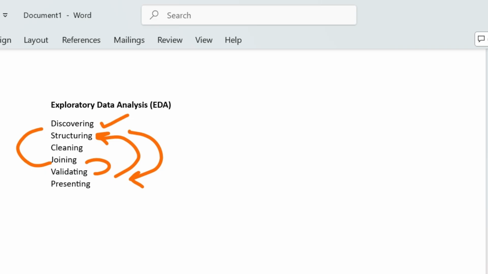So we started from discovering, we went to joining, then we went to validating. From validating, we went back to structuring the data. After we structure the data into different files, we thought, okay, let's validate it again. Now after validating the data,